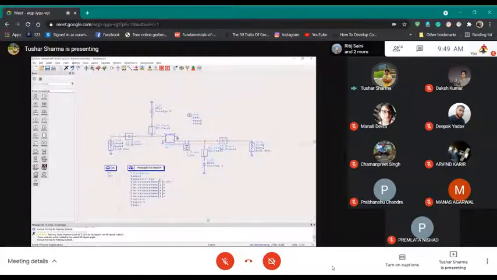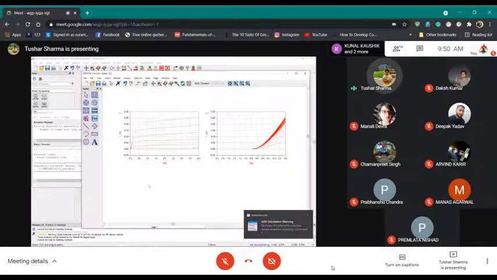And then we are referring the instance to DC1, because for each VG it will go back to DC, run all the VDS, then come to the next VG, run all the VDS, and so on. Once you do all this, you hit the simulate button, and then you can plot ID versus VDS and ID versus VGS.